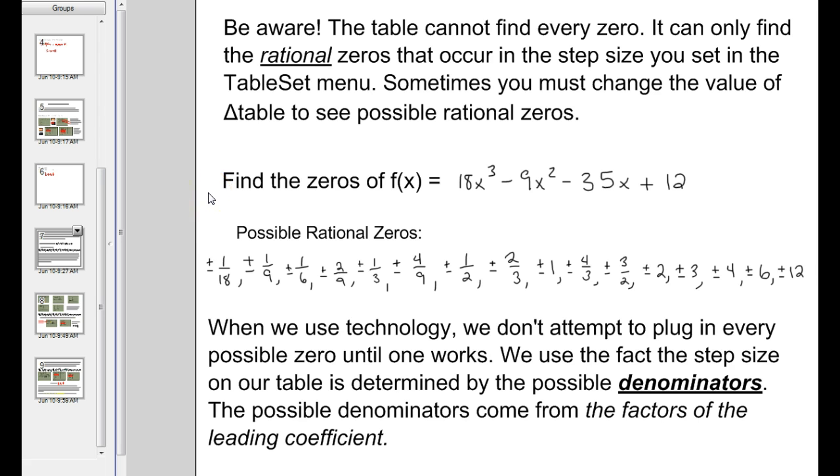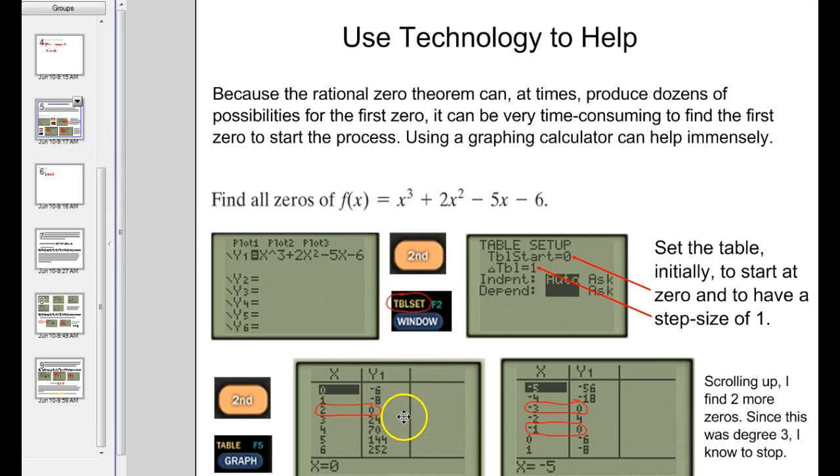Alright, now the thing that you got to understand here is that not every single time are you going to end up with integer zeros. Okay, remember, you're looking for the same amount of zeros as this degree, but if you recall from section 3, the degree of the polynomial tells the maximum number of x-intercepts or real zeros. It doesn't have to be this number. Okay, our calculator may not be able to find everything,